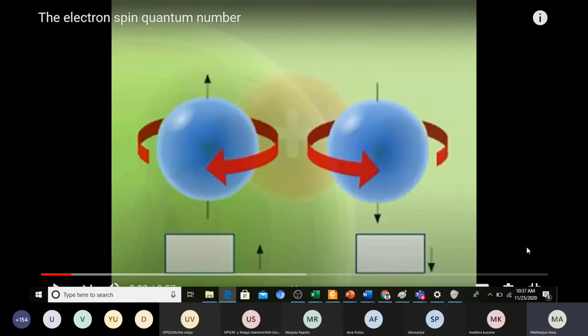See, electrons are here. These are the electrons present as a ball. They are spinning like this, just as the earth spins itself. Here I can write 1 if it is spinning like this. If it is spinning like this, I can write 0. So upward is 1, downward is 0. Like this we can store the data.